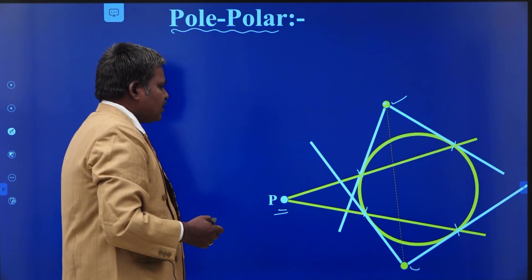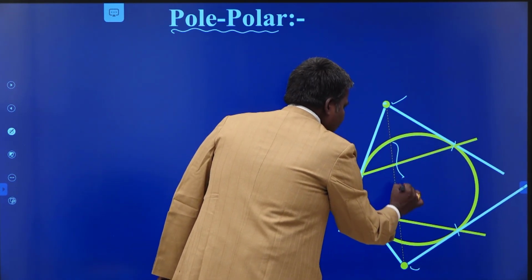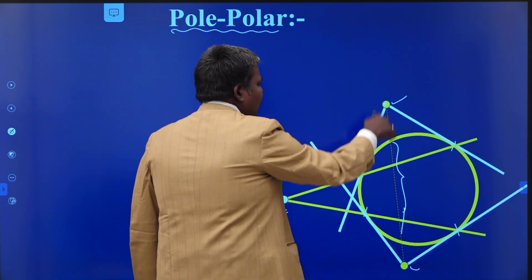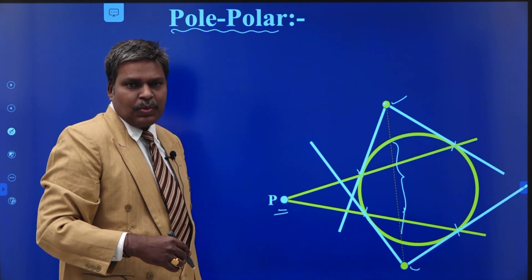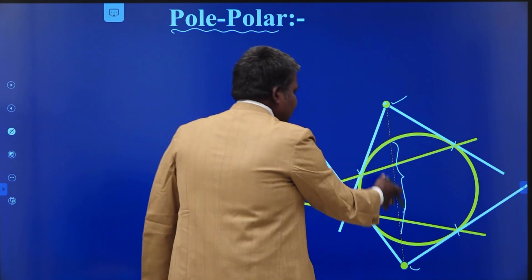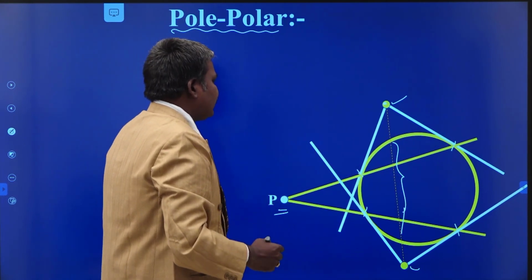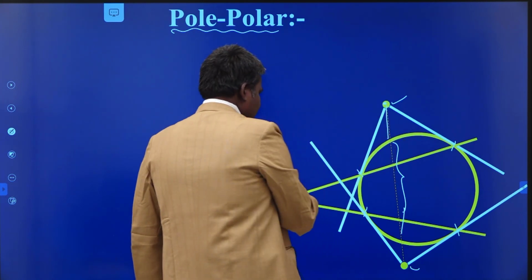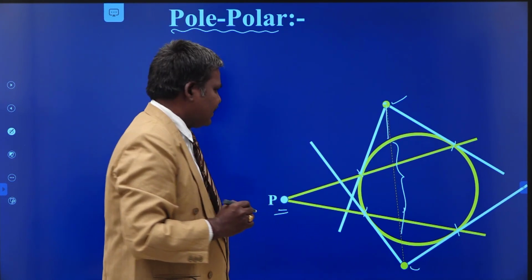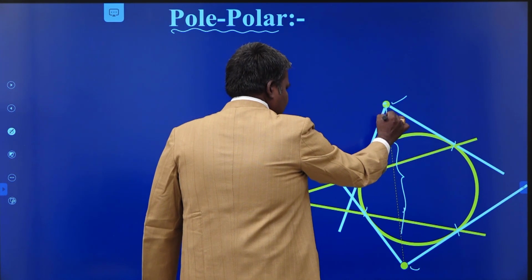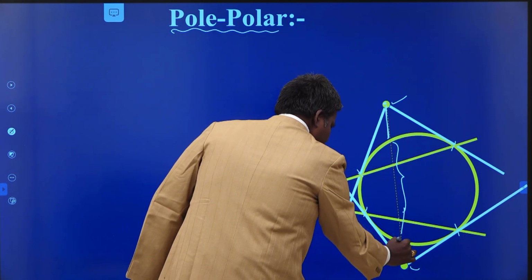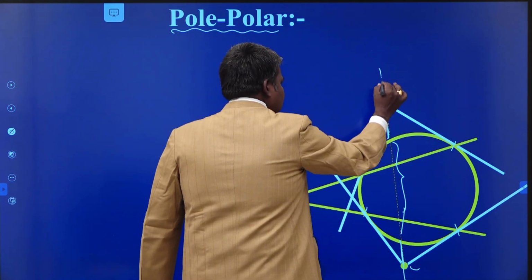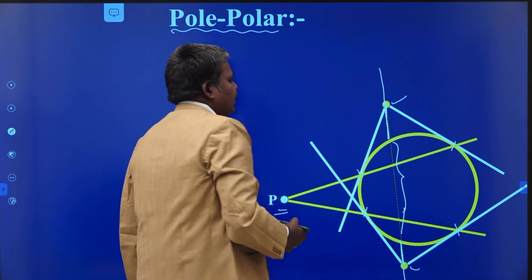My dear students, remember that there is no locus inside of the circle here, because there is no point of intersection of tangents inside of the circle. So, the entire locus will be outside to the circle here itself. In this case, when the point is outside, this is the polar like this. Here, this one and this. In this manner, we get the locus.